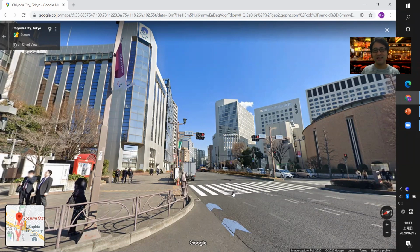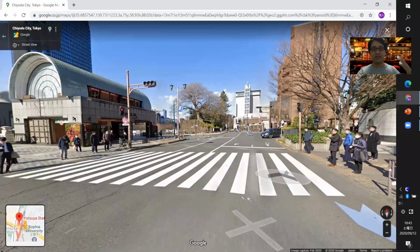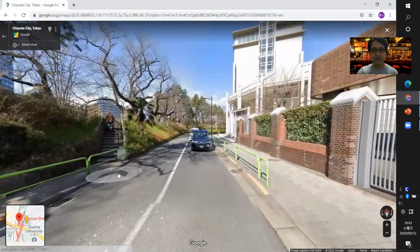So this is a kind of center of Tokyo. Okay, anyway, let's get back to the main virtual tour. So Watanabe and Naoko get off the train from Yotsuya station. Maybe around here, they get off at the station. And there, here's something